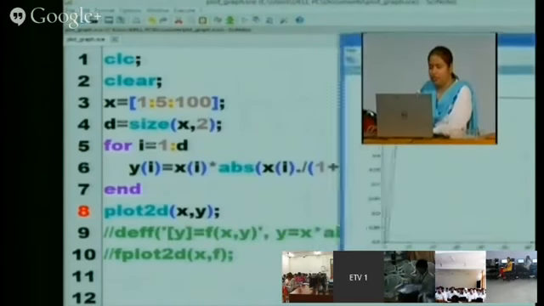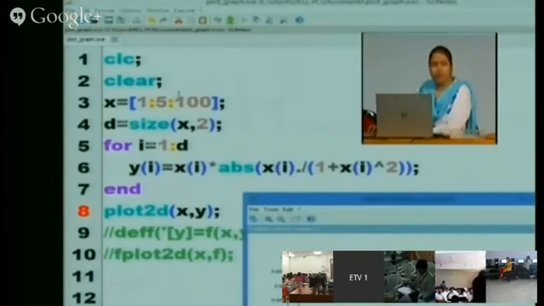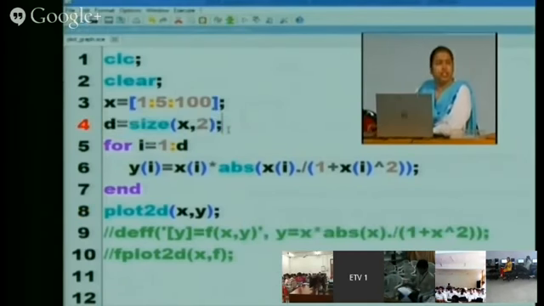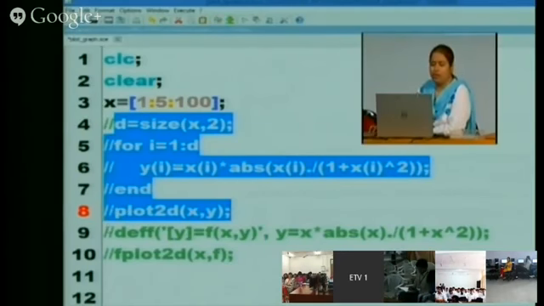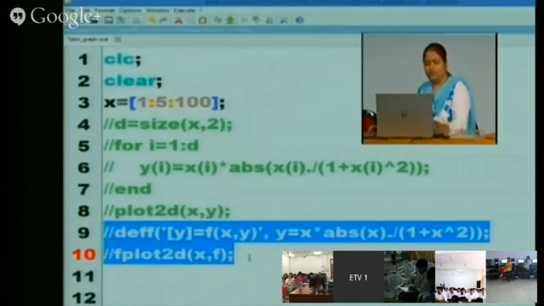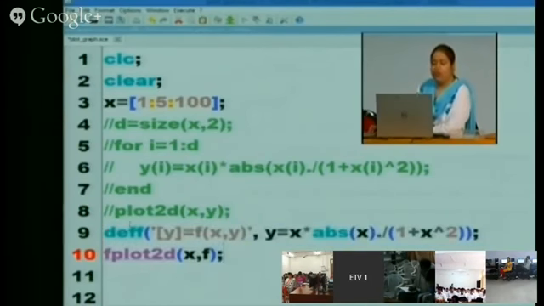See, first I have declared the variable x, then taking its dimension, how many elements are there in x, I have used the keyword size. Then for i is 1 to d, this y will be calculated, and then I have plotted this x and y. Now I am commenting all these lines and uncommenting this function. This is the function declaration in one line. Then use the syntax of the plot.